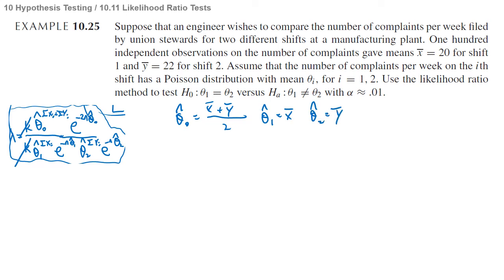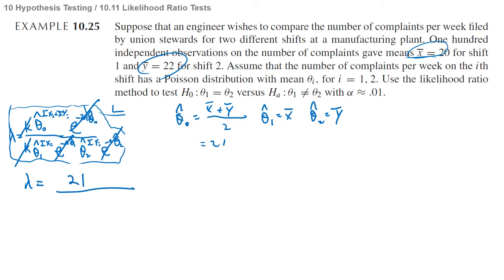If we put these in, you can find that this thing also cancels out, and what's left is lambda. And x bar is 20 and y bar is 22, so theta 0 hat is 21, and so this is